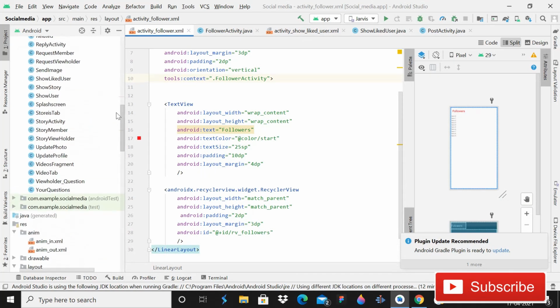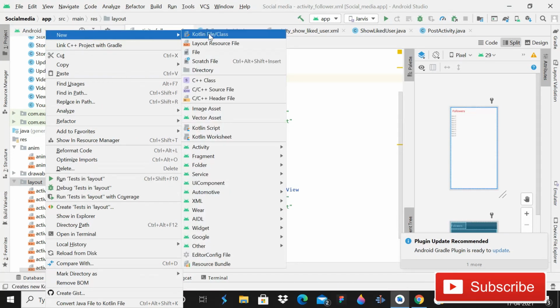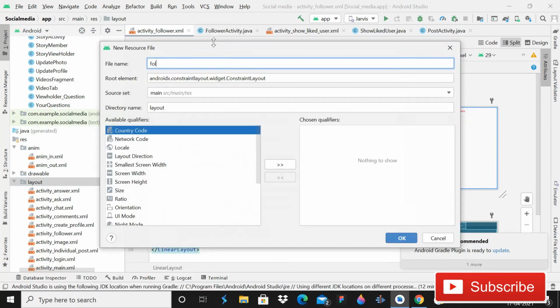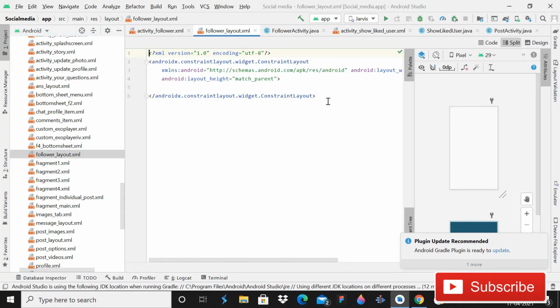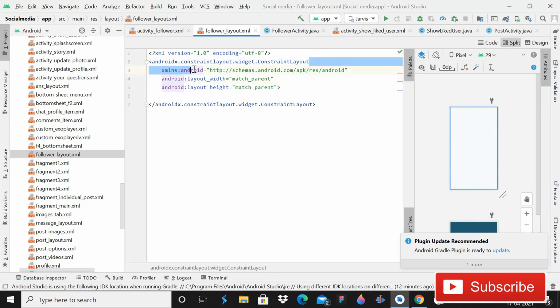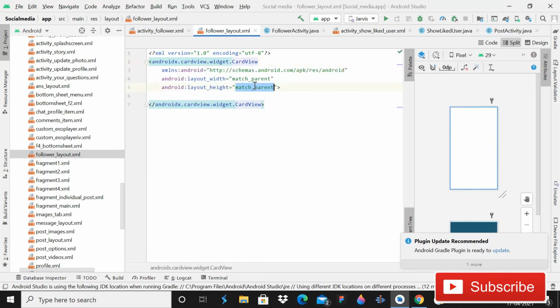So now we need to create two files. Click on this, then new layout resource file, that will be follower underscore layout, enter. And now you have to code in this, so come here, and then simply make this one a card view, and the height should be wrap content, make sure always make the height wrap content.